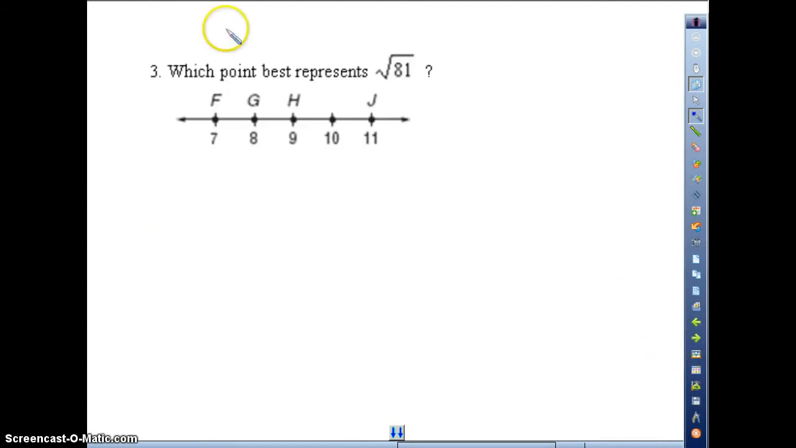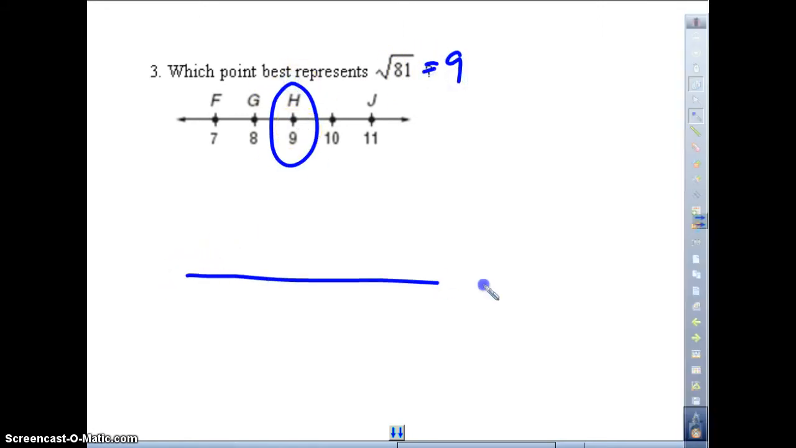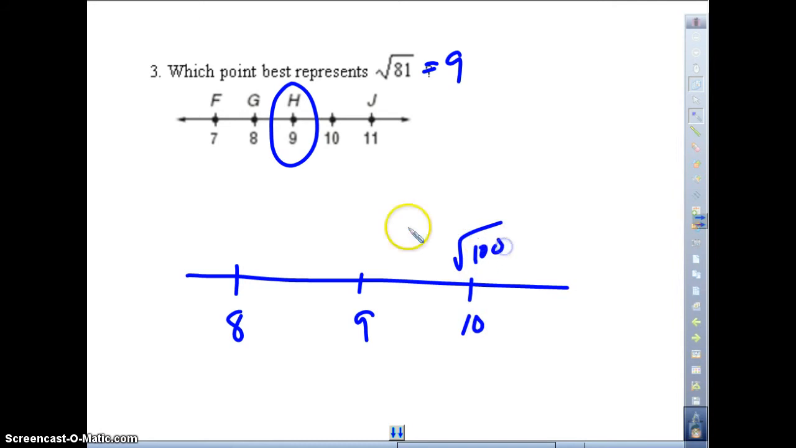Number 3, which point best represents the square root of 81? Well, the square root of 81 is 9, so it's going to be point H. But I'm thinking on your test, you're probably going to have something like that. And let's say this is 8, 9, and 10. That's the square root of 100. That's the square root of 81. That's the square root of 64. And they're probably going to ask you which point best represents the square root of, I don't know,